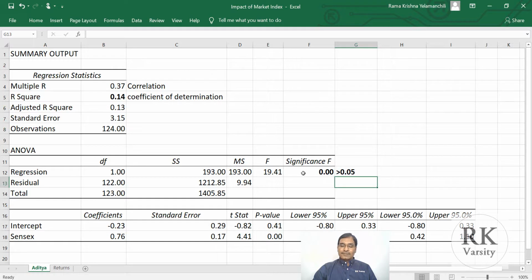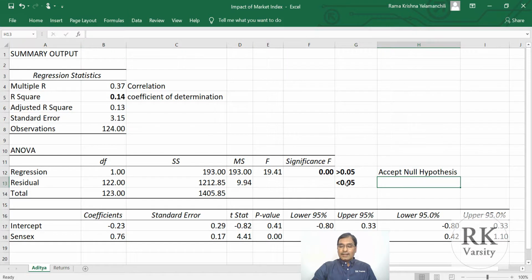And if the significance value is less than 0.05, then we reject the null hypothesis, saying that market has impact. Now here this is accept null hypothesis, and in this case we reject the null hypothesis.